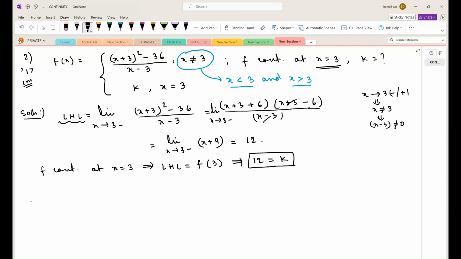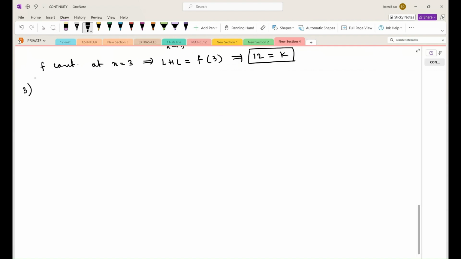Next sum, sum number 3. This was a 4-mark sum. This is a 4-mark sum. It came in 2016 board. Here the function f(x) is given to us as 1 minus sine cube x